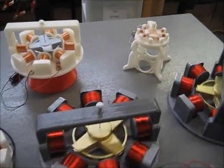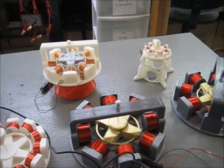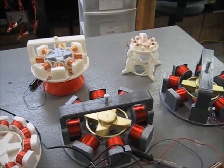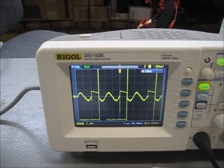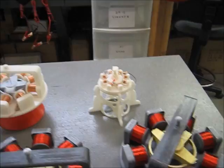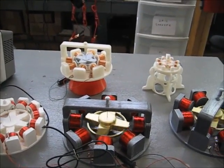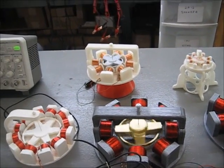And so I thought I would share this with you. But remember that your moderator, Tom Childs, is working on this also, and if you have any questions on the printing or anything like that, Tom would be the guy to ask. So one more look at the wave. And then another thing I'm going to bring up is, I think when I go to the next conference, I'm just going to sell these motors there, and the monopoles that look like the Ferris wheel,